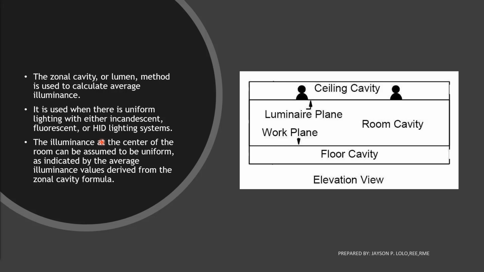Now, if you are using recessed lighting or pin light in the living room, therefore it is uniform lighting. So the illuminance at the center of the room can be assumed to be uniform as indicated by the average illuminance values. This is different from the other methods, because we have three methods to be considered: the point-to-point, the other is using lighting fixtures with multiple sources. But here, we're just assuming that we are using a uniform